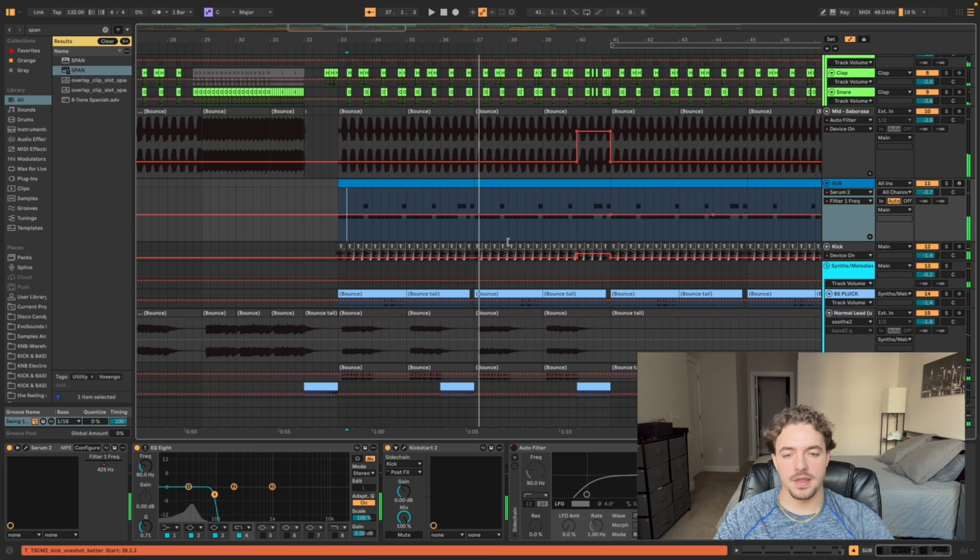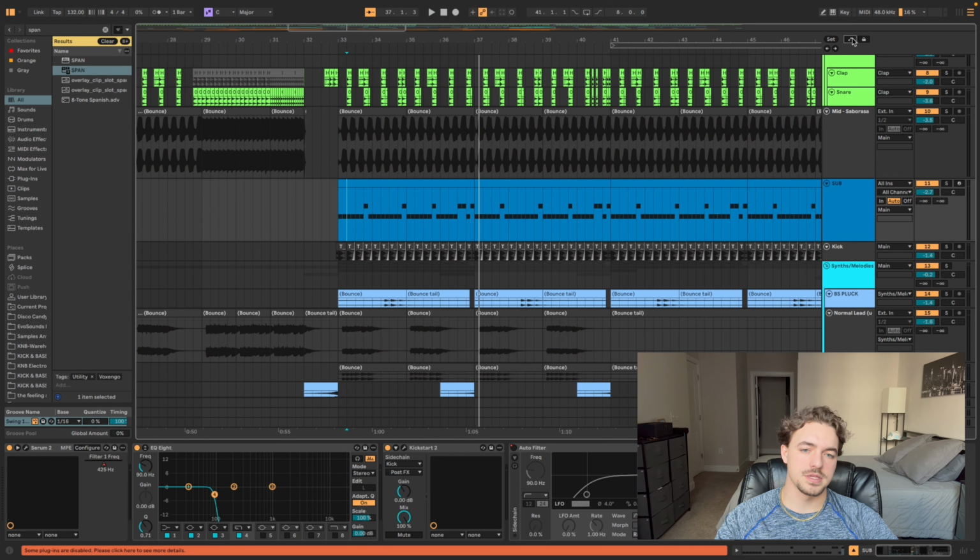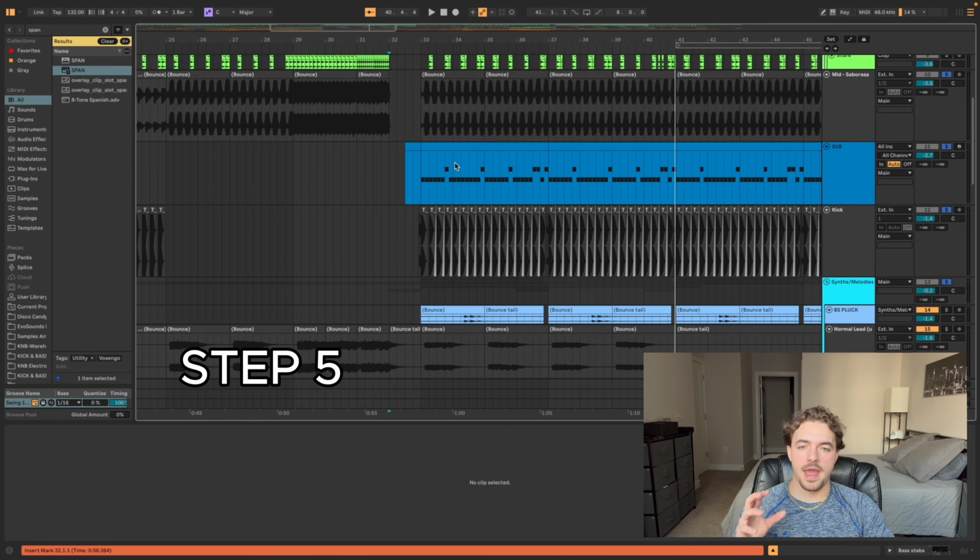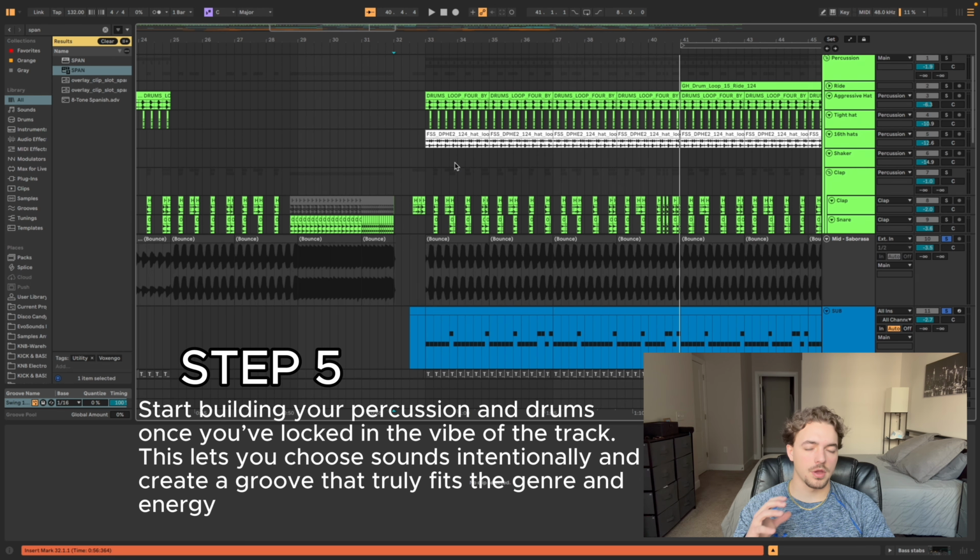Opening there. So it's at the end of your phrases. Usually you'll just base it around that. You don't want it to be opening at the same time. So yeah, I had that built out, and then go with your drums and percussion after that.